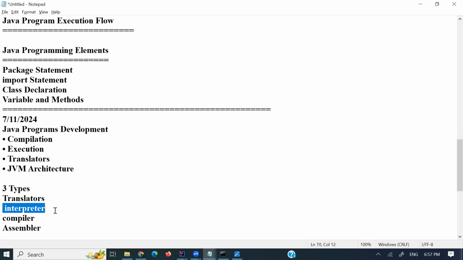And interpreter, it will execute the program only line by line by using the interpreter, but compiler executes all lines at a time. Here performance is slow in the interpreter, in the compiler performance is fast. And what will the assembler do? The dot class file won't understand assembly language, right? It will translate assembly language into machine readable language, okay, by using the assembler. And